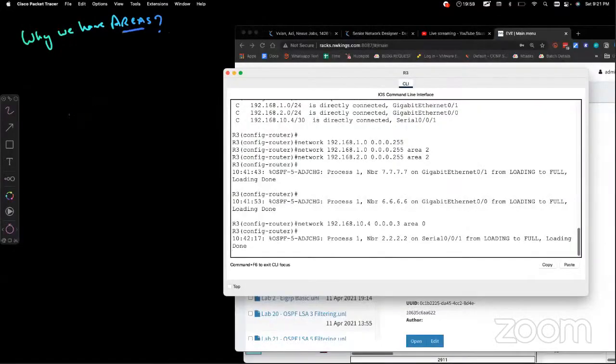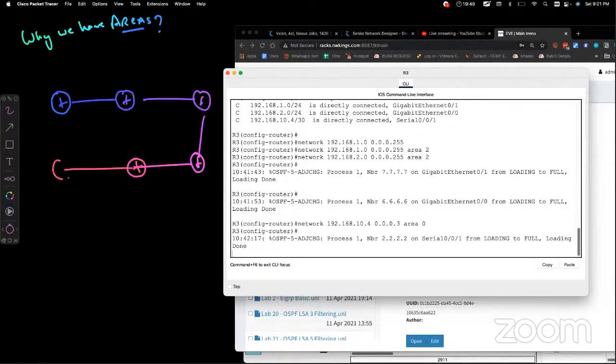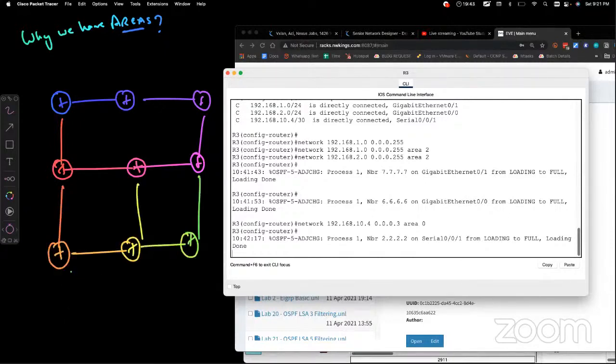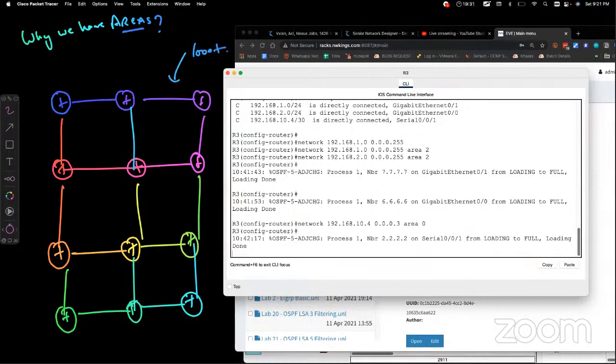When we run a company, suppose we have a Delhi branch, Mumbai, Dubai, Singapore, and all the branch offices are connected together. Please be on mute, guys. Now these are very few routers, but understand, if you have a very big network with 1000 routers,